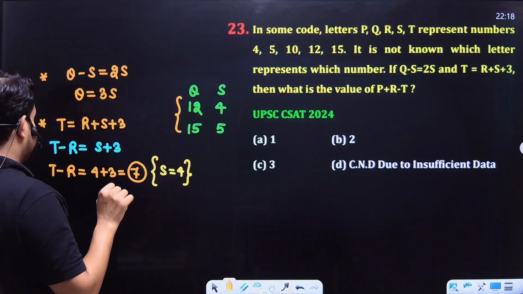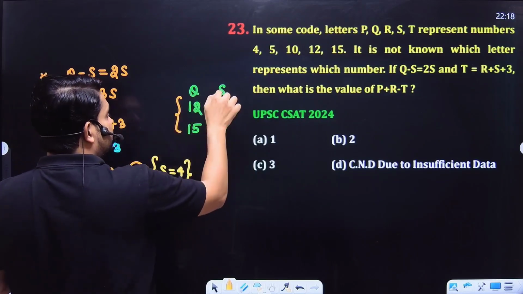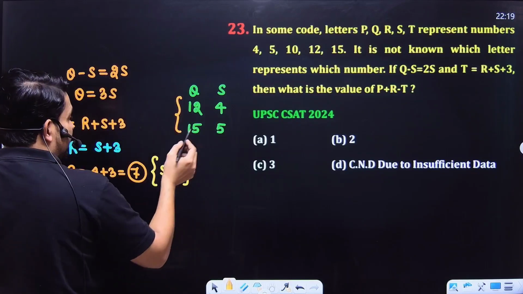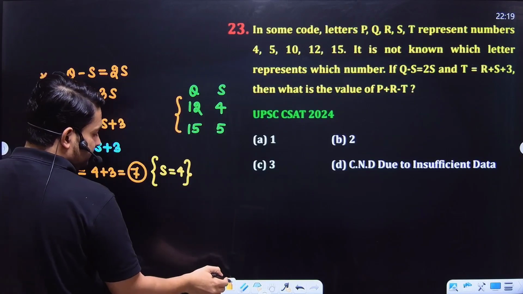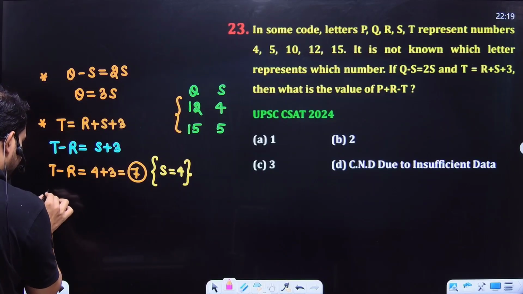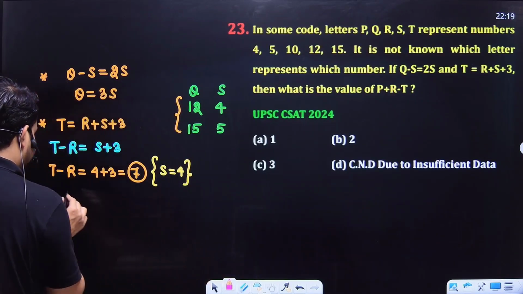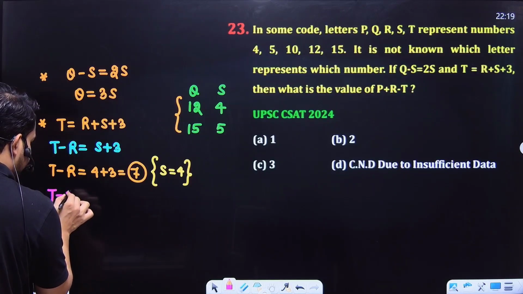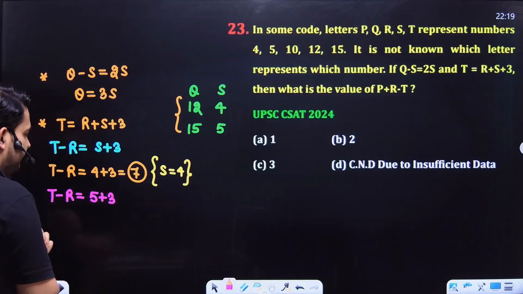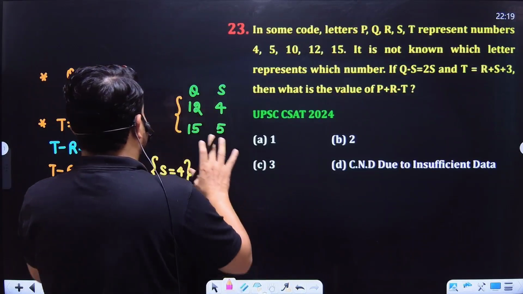But if I take T equal to 12, but here Q is equal to 12 when S equal to 4, so I cannot take this combination. So what I will take? I will put another value of S. Here T, because UPSC asked questions from deep concepts. P minus R is equal to 5 plus 3. As I have taken 5, so I will not take 15 anymore. I cannot use 15 because